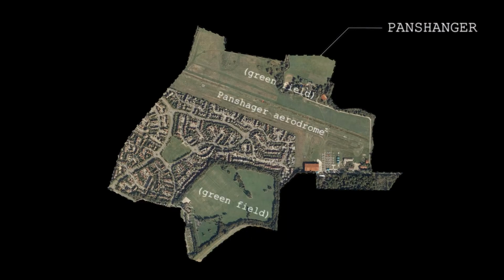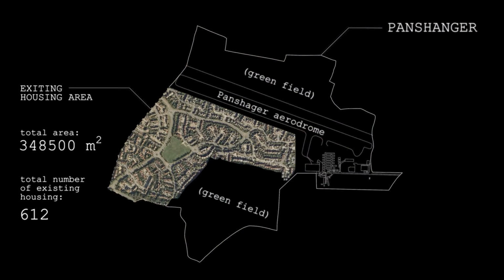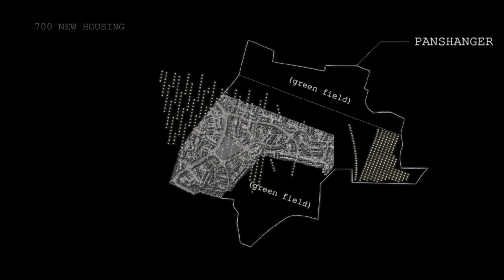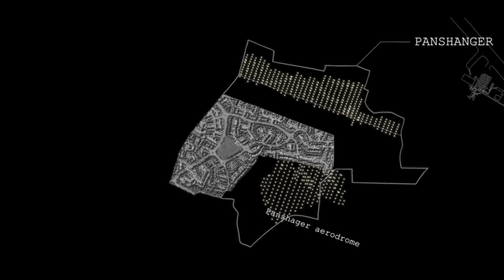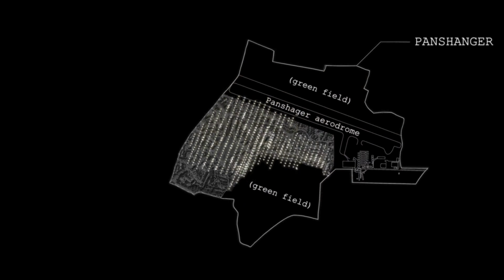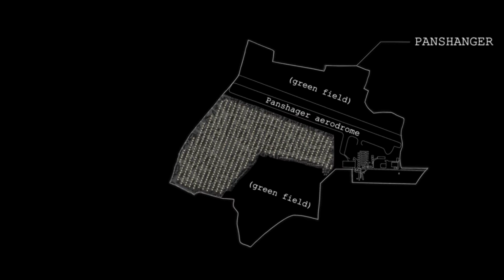This is Penzhanger area. This is the existing housing area. 700 new houses are to be added into the area. The first option would be to remove the existing aerodrome and place the 700 houses there. Or we can get rid of the greenfield, keep the aerodrome. Or can we not keep both the greenfield and the aerodrome and superposition the 700 new houses onto the existing